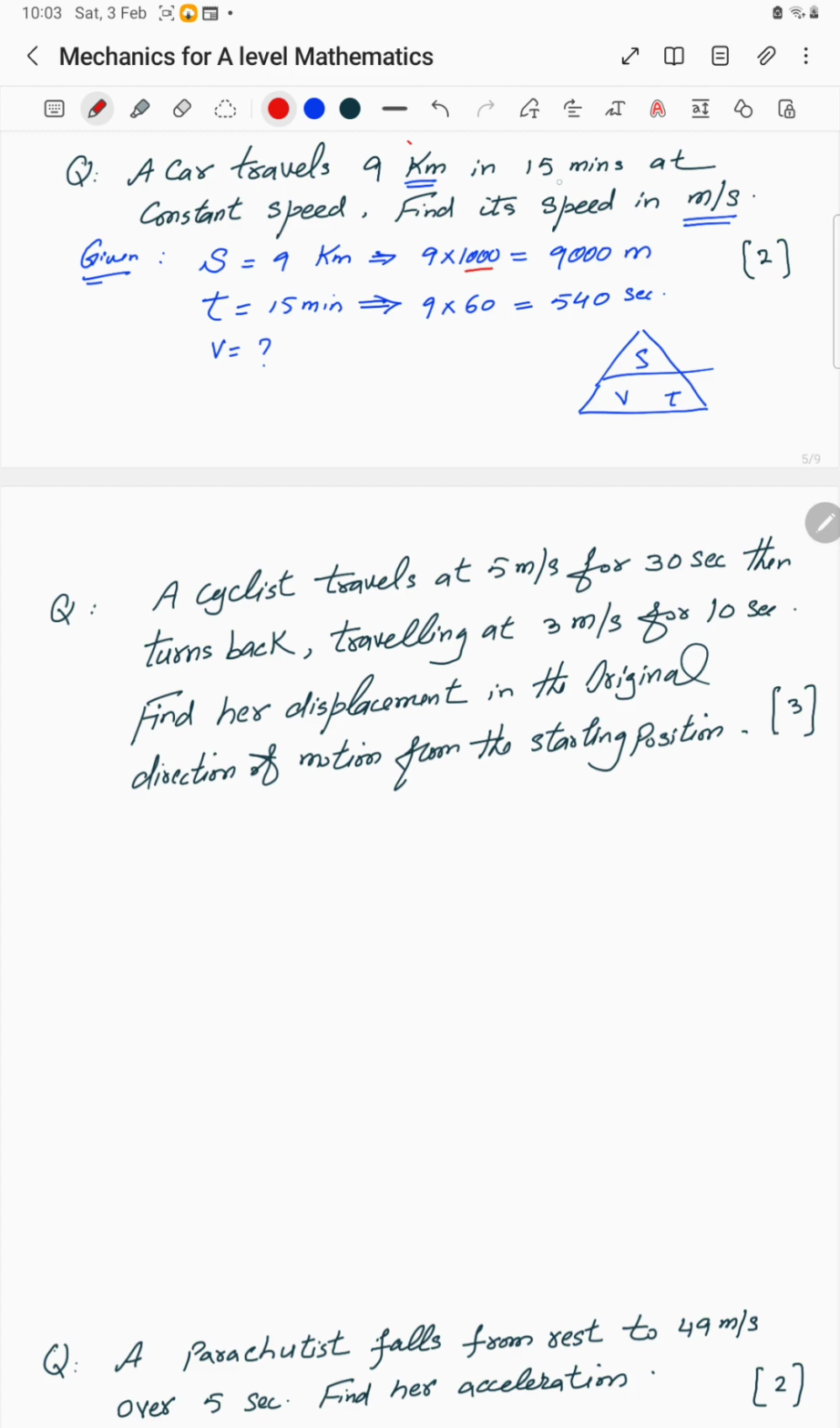And the time taken is in minutes, 15 minutes. 1 minute has 60 seconds, so it comes to be 900 seconds. As we are looking for the speed, the formula is the triangle formula, s is equal to vt, so we can say v is equal to distance divided by time. So here it goes, distance is 9000 and time is 900. And with the help of a calculator, when we solve this, we can get